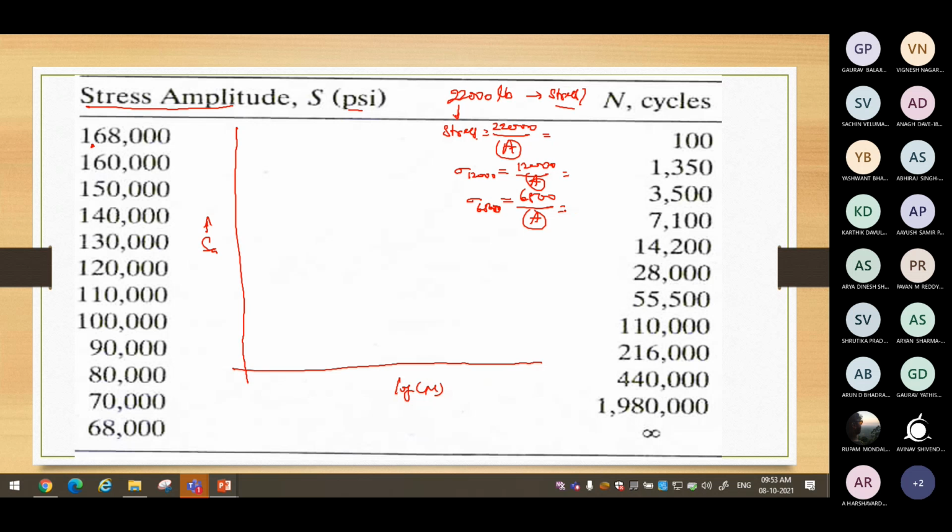That means we have to assume the area initially. Assume some area. You assume some cross section, whether square, rectangle or circular or any other shape, because that is not mentioned in the question. Shape is not important here. In this problem, only cross sectional area is asked. For simplicity, you assume as circular only. That becomes quite easy. And assume one diameter D. Some diameter D you have to assume here. So assume circular bar and diameter D.